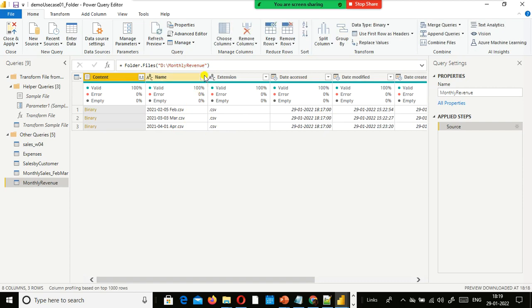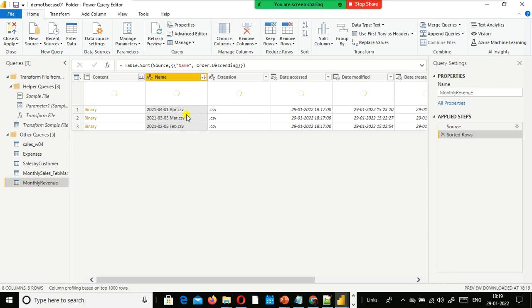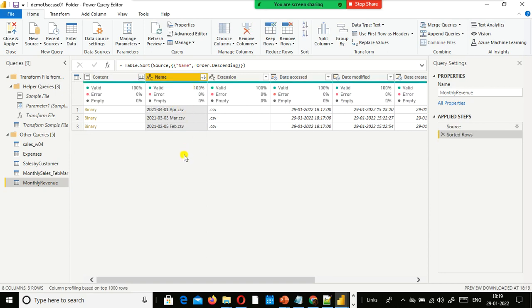I go to the name column and select it, and sort it in ascending order. Look here, April, March; if you go from the bottom, it's February, March, April, right?